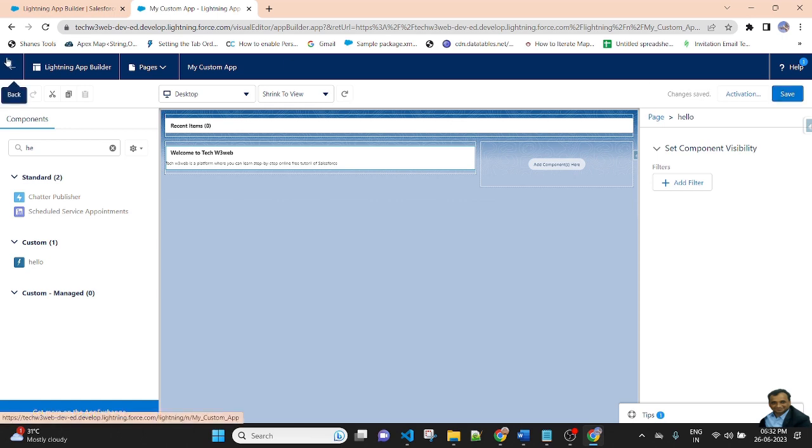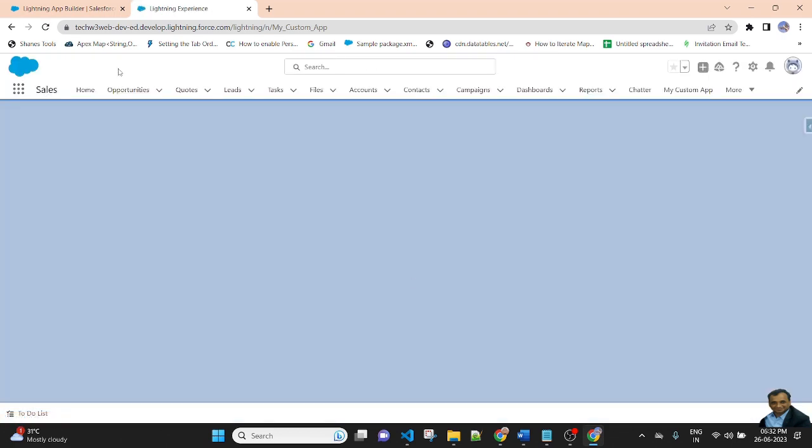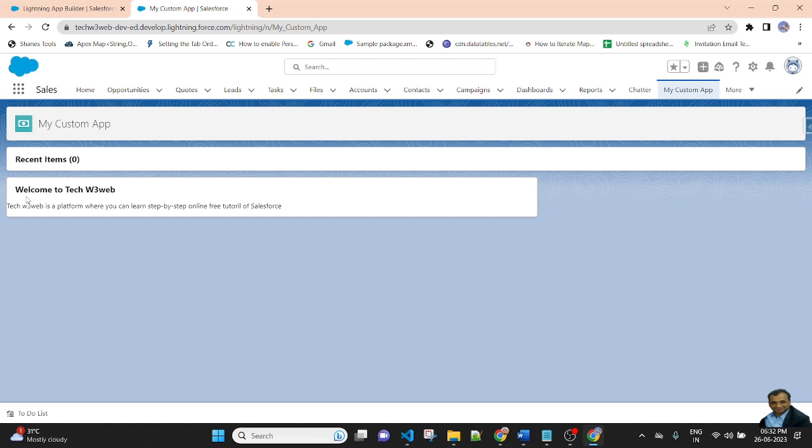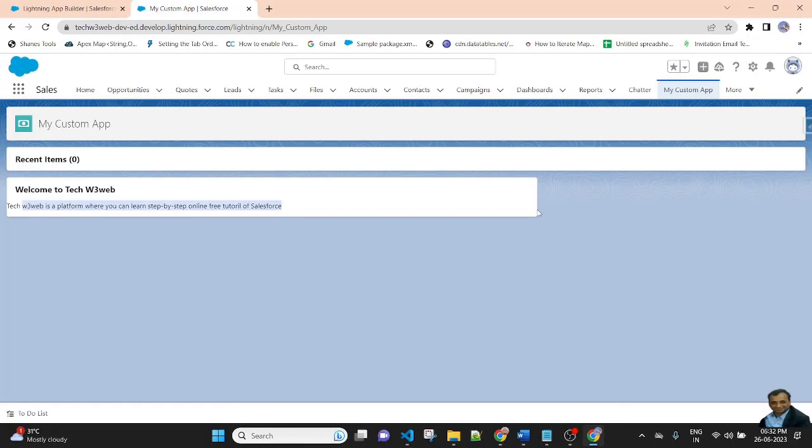After saving, go back. As you can see, my deployed component has been displayed here in the custom app. As I wrote, welcome to Tech W3B and the description, all of it is visible in the LWC component. So this component has been deployed successfully.